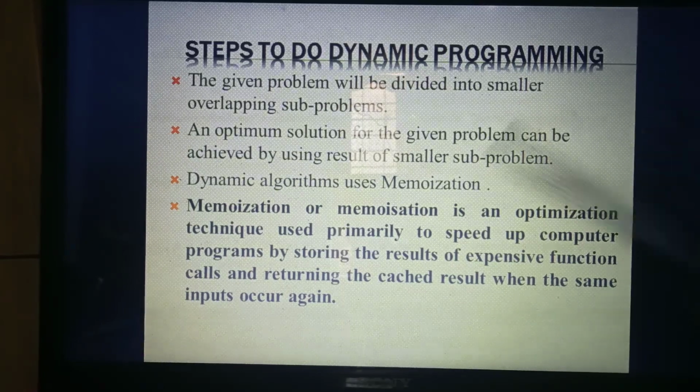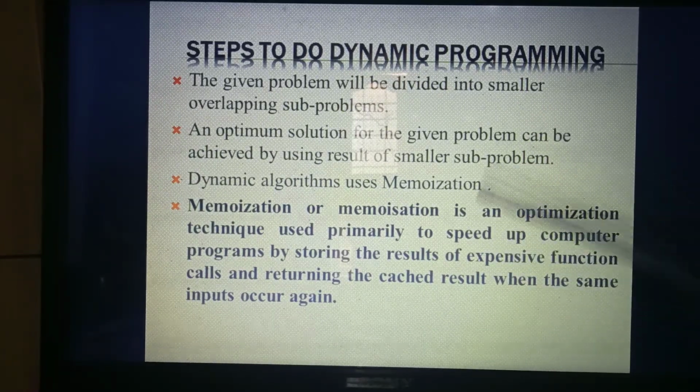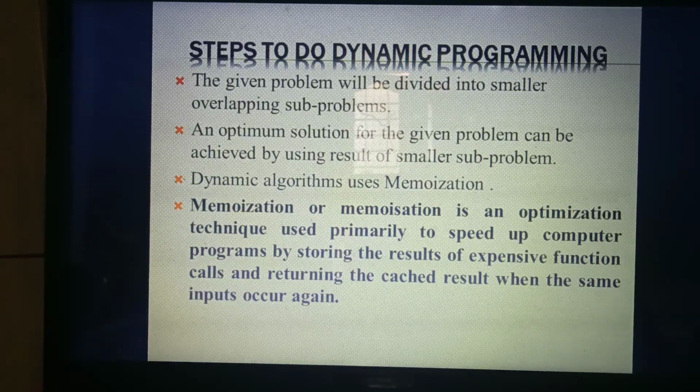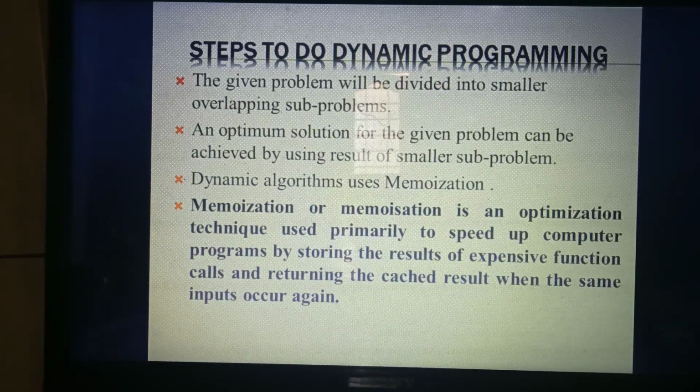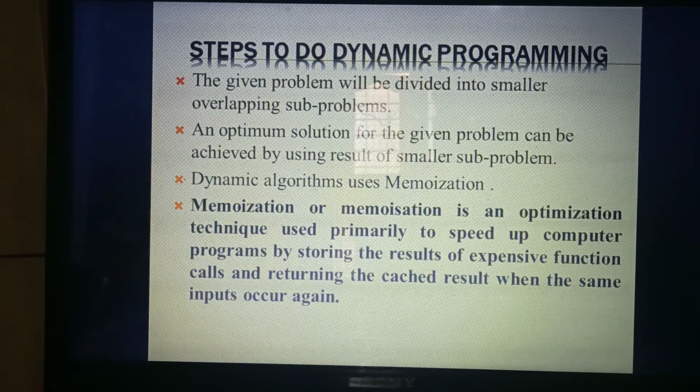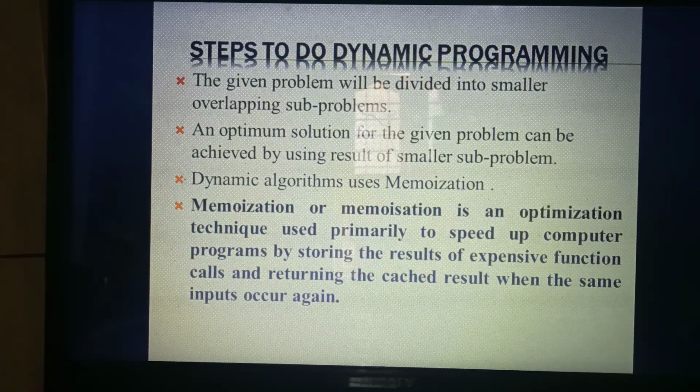Okay, let's start. Memoization is an optimization technique used to speed up computer programs. So why are they using this memoization technique? To speed up particular computer programs. They will also ask 1-mark questions like where you are using the memoization technique. In dynamic programming. Why are you using memoization? It's an optimization technique used to speed up computer programs. If you are running a particular program, you need to get the result immediately. So to speed up computer programs, you use the memoization technique.